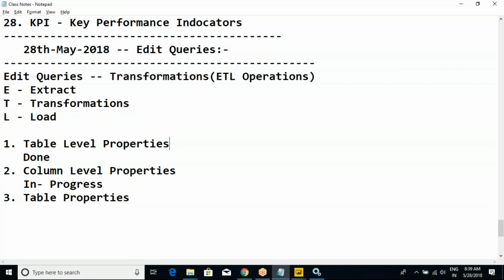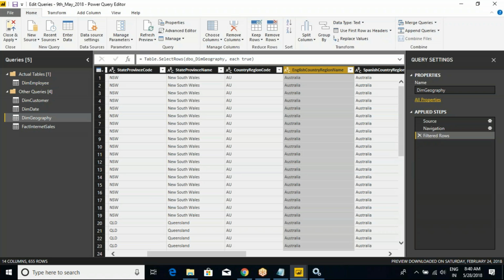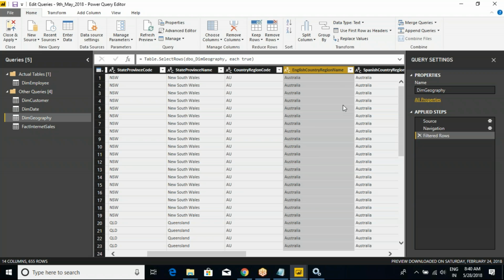Okay, so at the same column level, we have a right click. When you right click on the column, there are column level properties. So listen carefully: select any column, right click, there is an option called copy, remove other columns, duplicate columns. These are things anybody can understand, but one thing is, if you click on copy here,